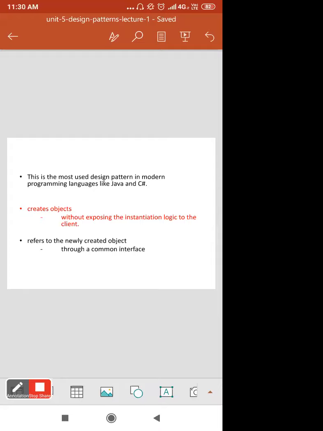Then the second one is the factory pattern. Why is the factory pattern important, and where is it used? The factory pattern defines an interface for creating an object, but lets subclasses decide which class to instantiate. The factory method lets a class defer instantiation to subclasses.